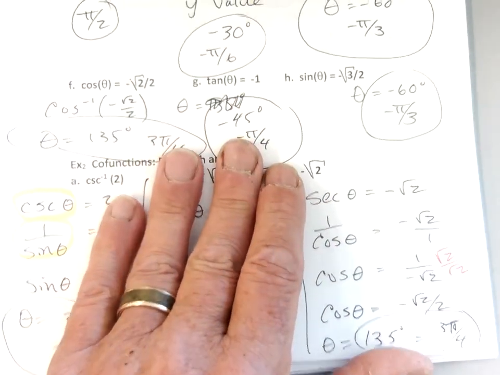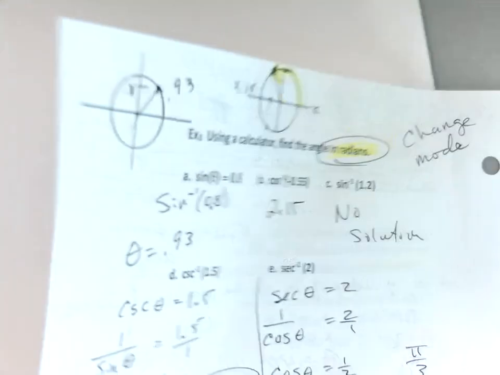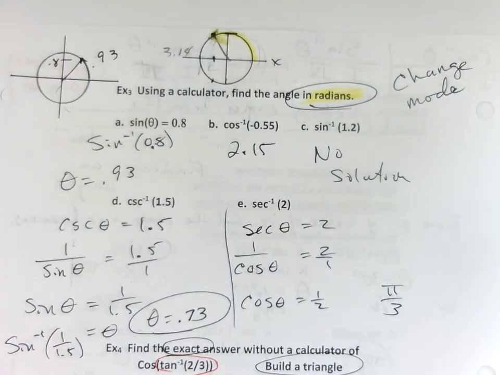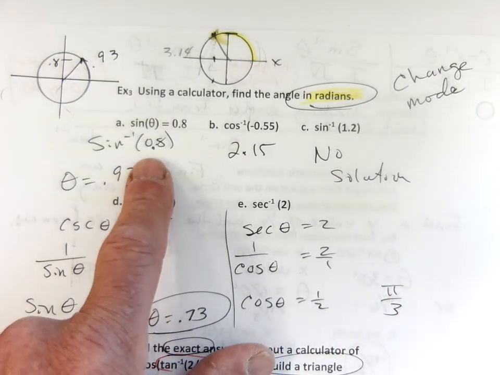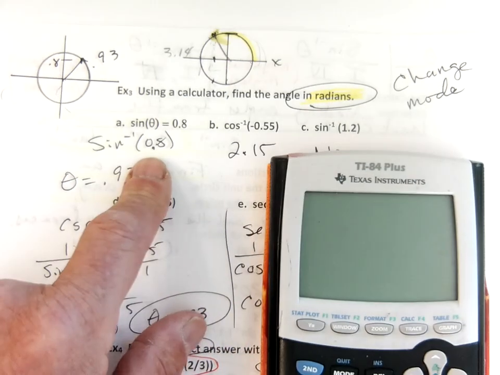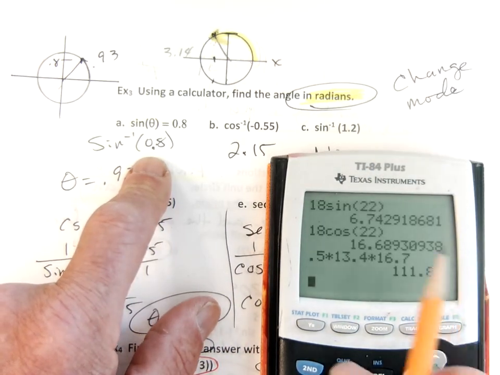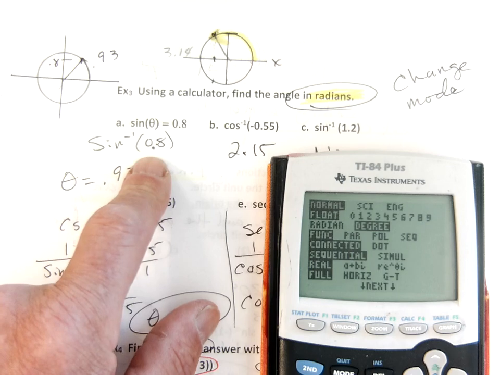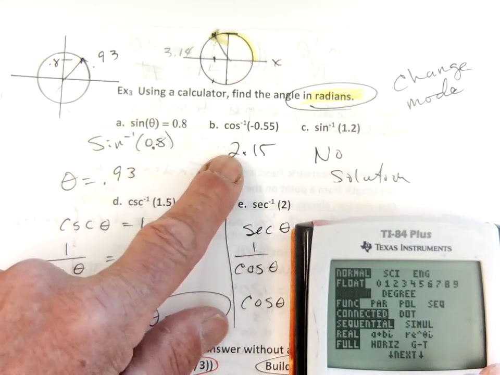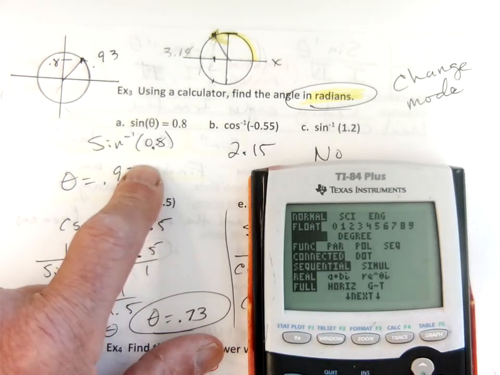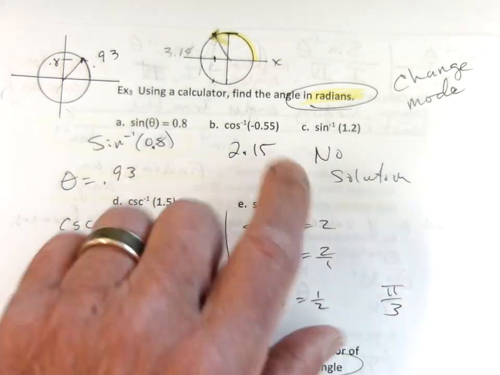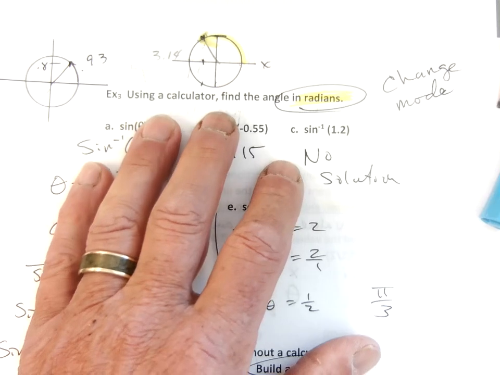Now, if I flip the page and I say, okay, what about if we do calculus? Calculators are easy, but I have to make sure I change my mode. So I went into my mode button, made sure my mode was in radians, and then I was able to do these. I just used my calculator to do that. That's easy. But this one's interesting. We got no solution because